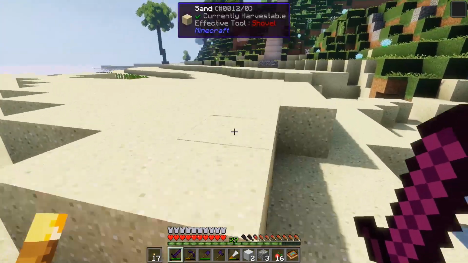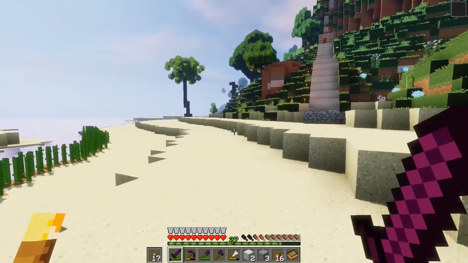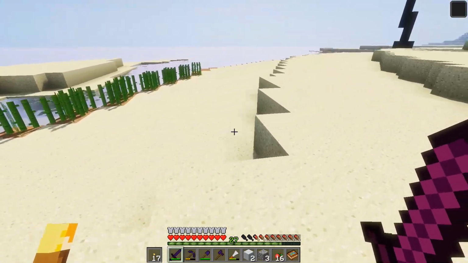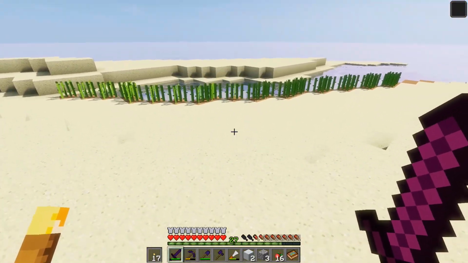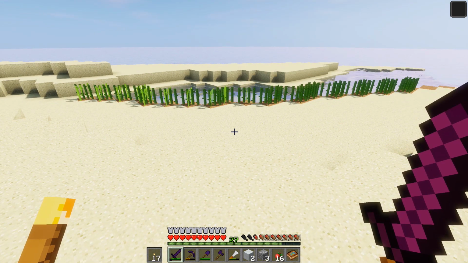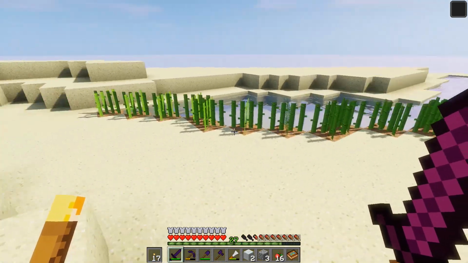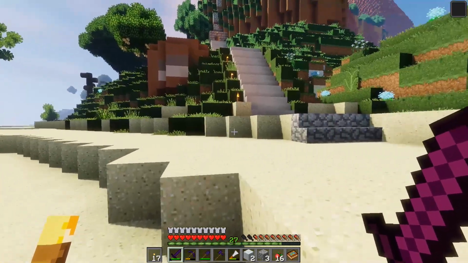circled it around, and there's a village over there, and finally I found this little lake area in the middle of the land that had a bunch of sugarcane in it, and I went and harvested all of it. I also think sugarcane is affected by some kind of growth manipulator level thing that is somewhere in the configs that I cannot find, and that's why it's growing so slowly, because this has been planted for a while and it should have grown at least once by now, but